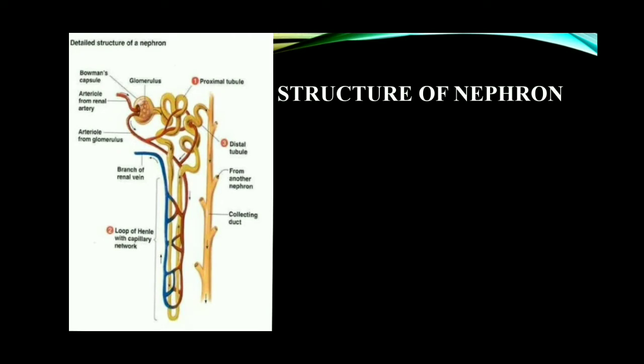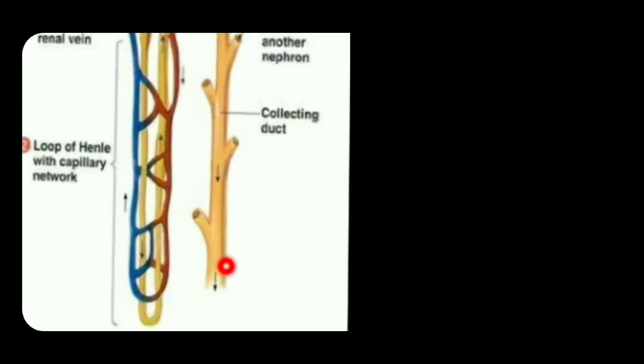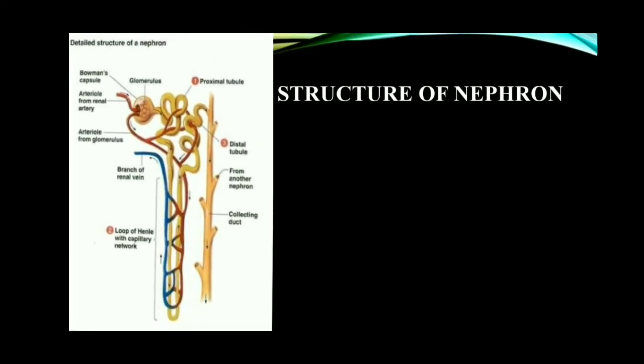So, each nephron consists of two parts, the renal corpuscle and renal tubule. The final part of this nephron opens into a long tube-like structure that is called the collecting duct. That is, the distal convoluted tubule opens into this collecting duct. This collecting tubule receives many branches. From these branches one nephron is joined to the collecting tubule. From this branch another nephron is joined here, like that. Many nephrons are joined to this collecting duct.